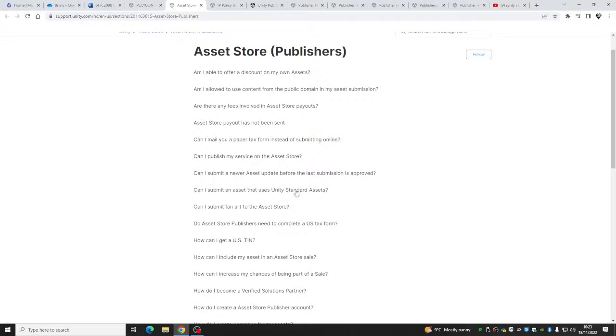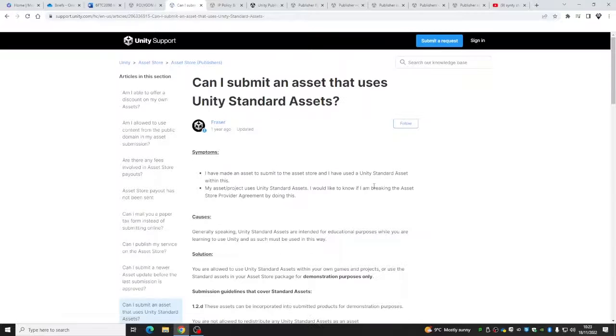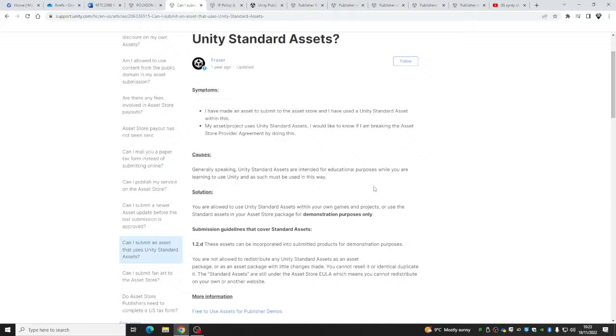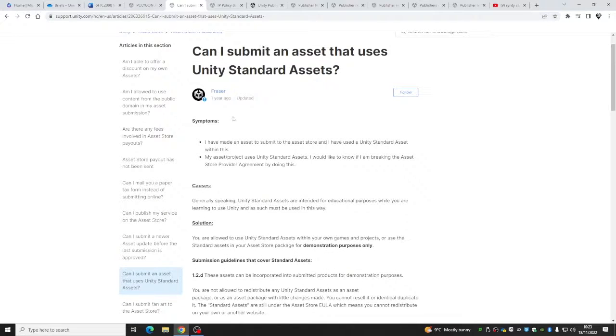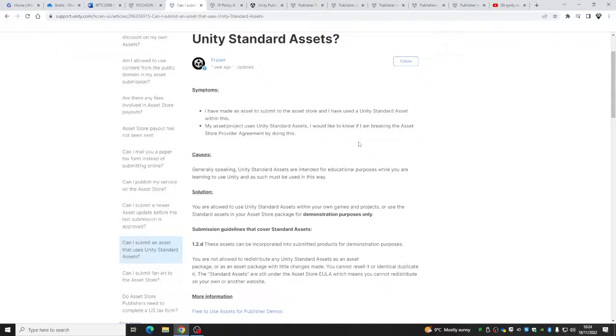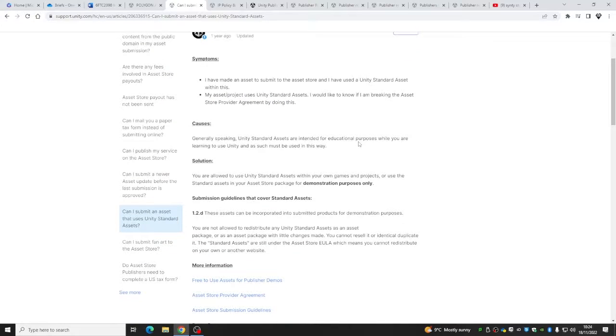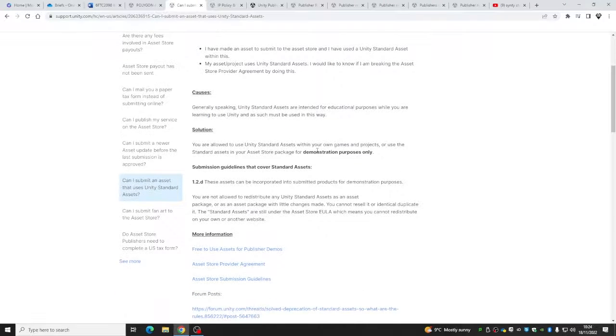Can I submit an asset that uses standard assets? Okay, so I have made an asset to submit to the asset store, and I have used the standard assets within my assets and projects. Blah, blah, blah. I'd like to know if I'm breaking my asset store provider agreement. Just having a quick read through.